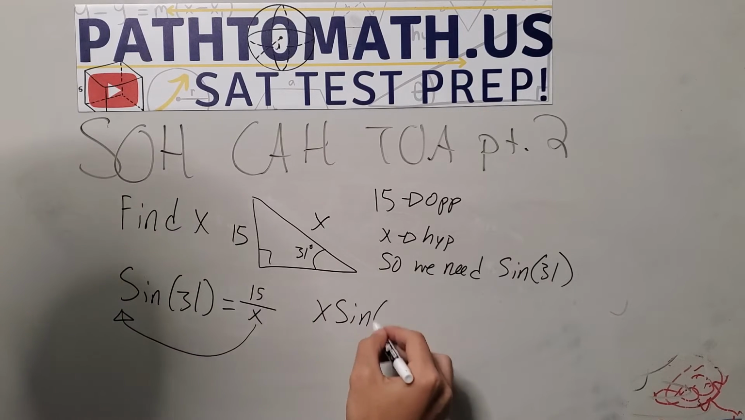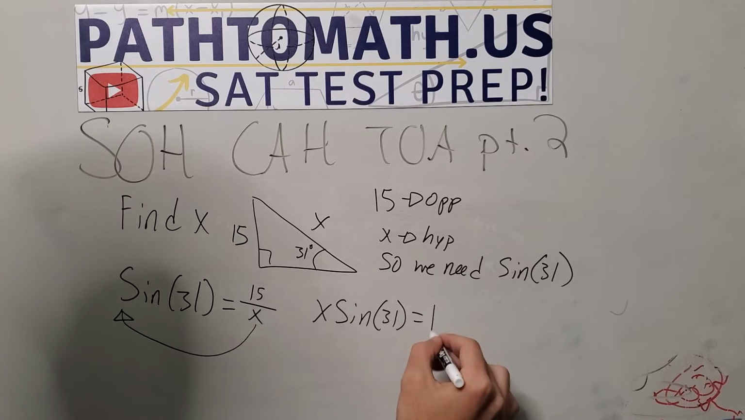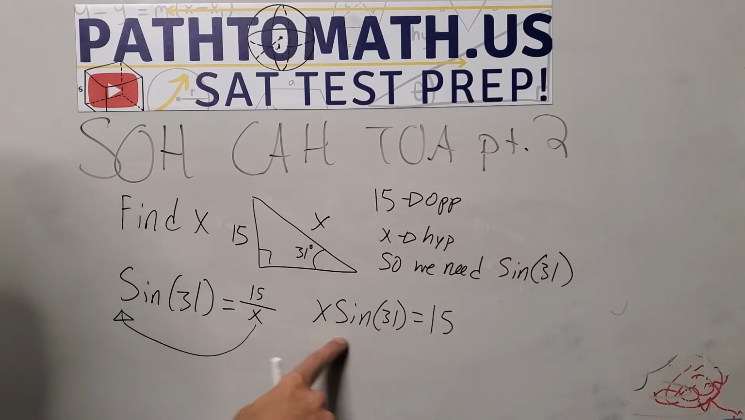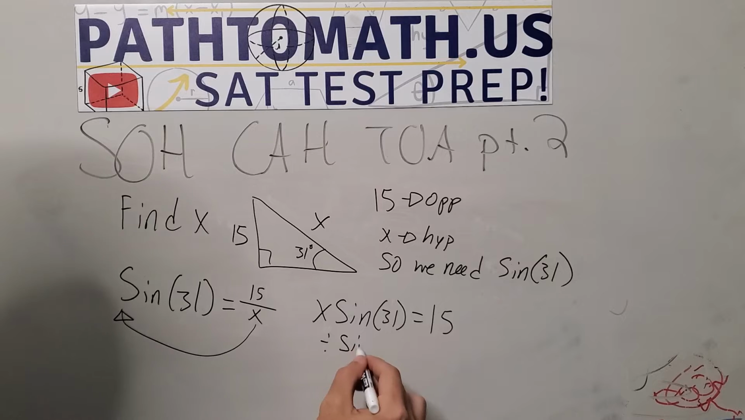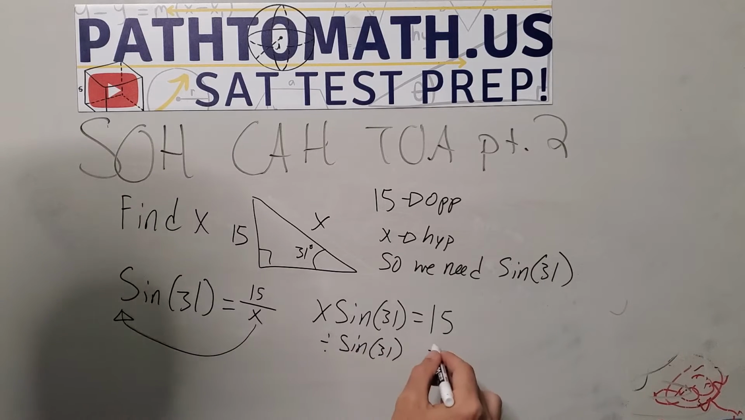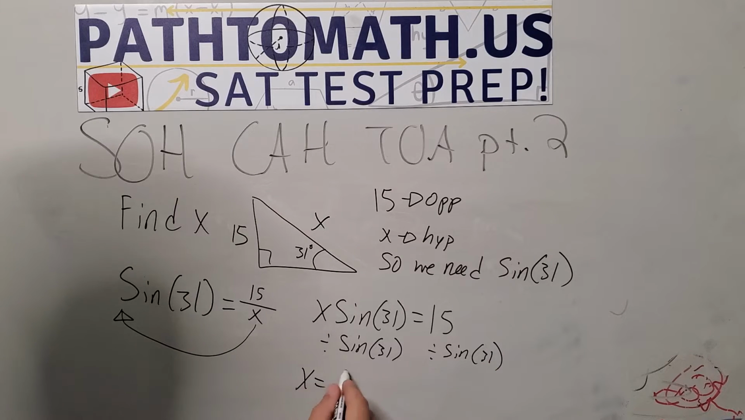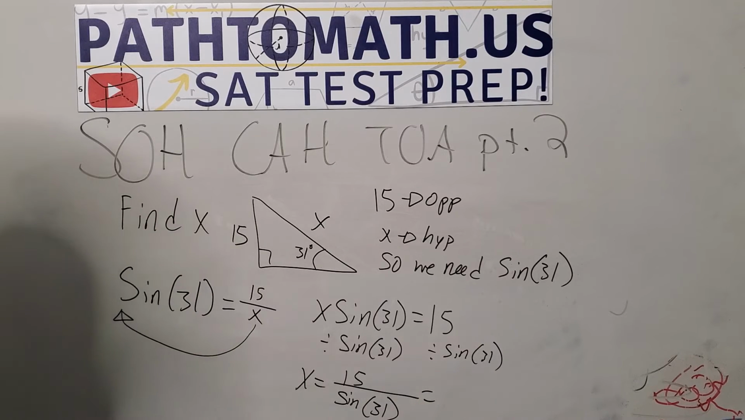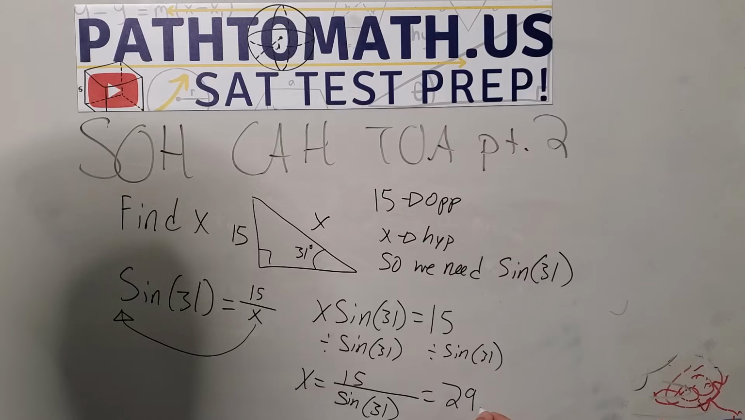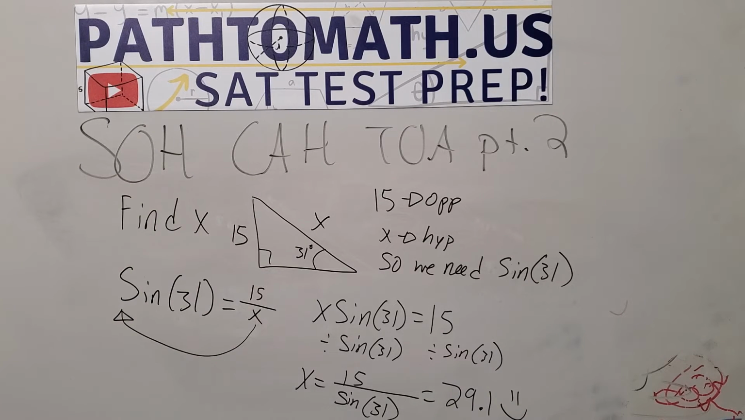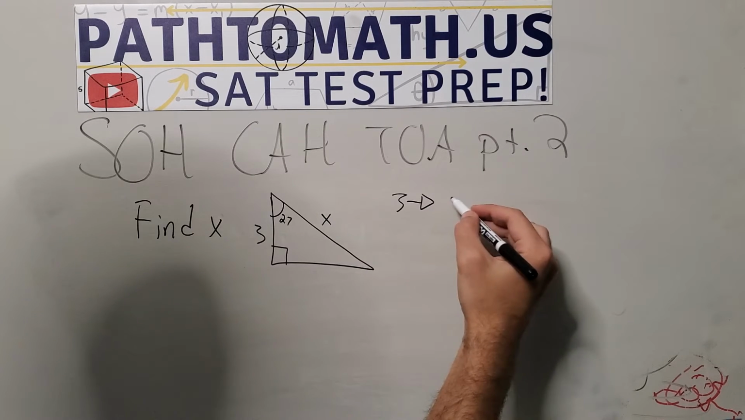We can move the x to the other side of the equation by multiplying both sides by x. Basically, you're taking it out of the denominator and multiplying it to the sine function. Now, you are allowed to divide both sides by the sine of 31. Don't just do sine, you have to include the 31 as well. Once you divide both sides by sine of 31, you're left with x equals 15 over sine of 31. That looks intimidating, but you can plug that into your calculator. Once you plug that into your calculator, you will get the answer 29.1, which means the length of this